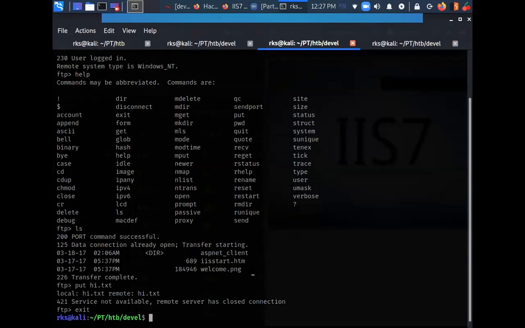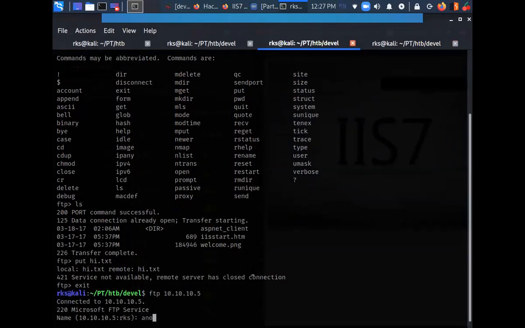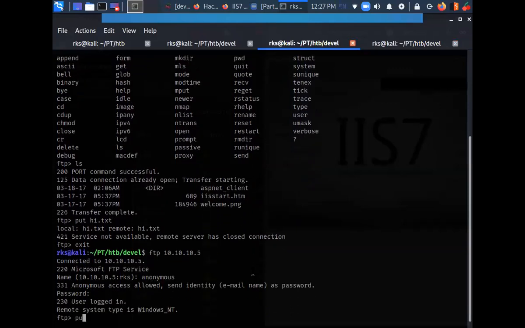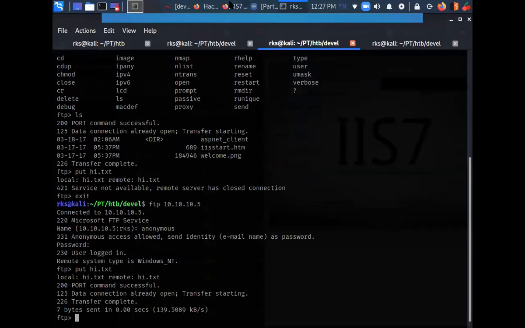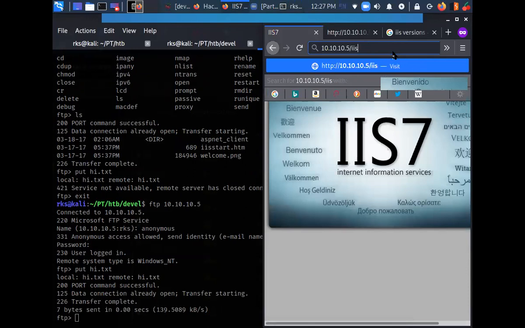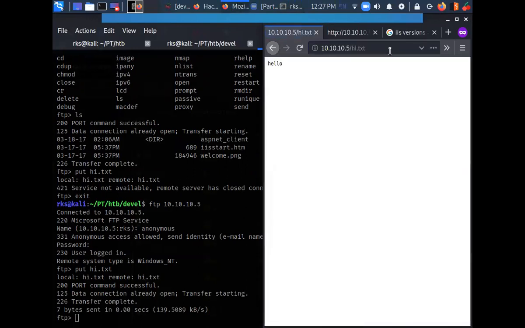Remote server connection closed. Let's log in again. That is because of inactivity. Transferred. Let's try to view this file here. So here you can see that I am able to upload something to the server.